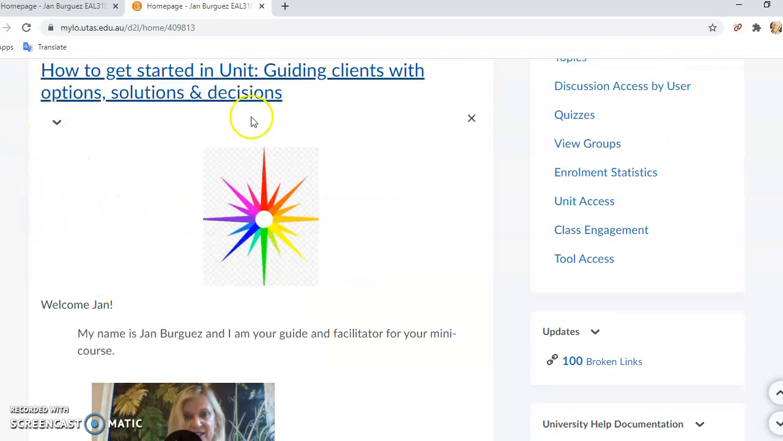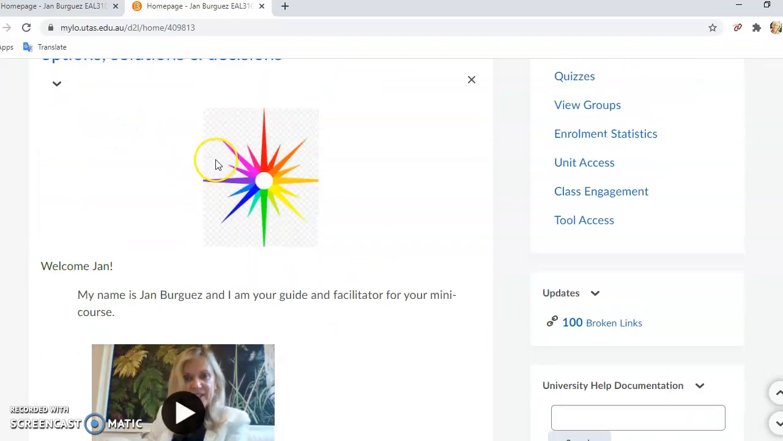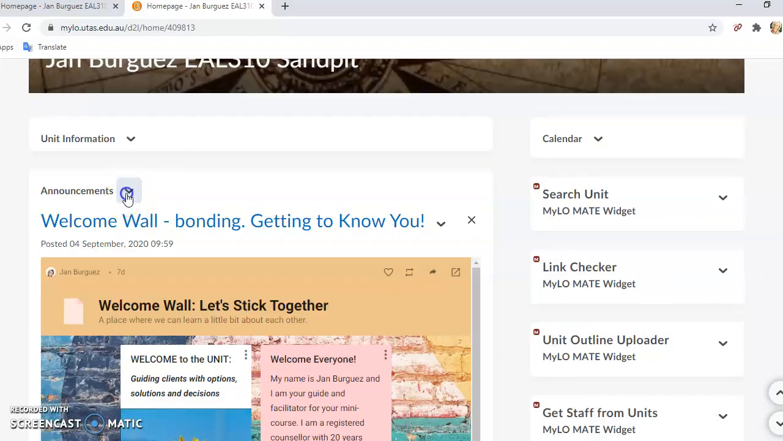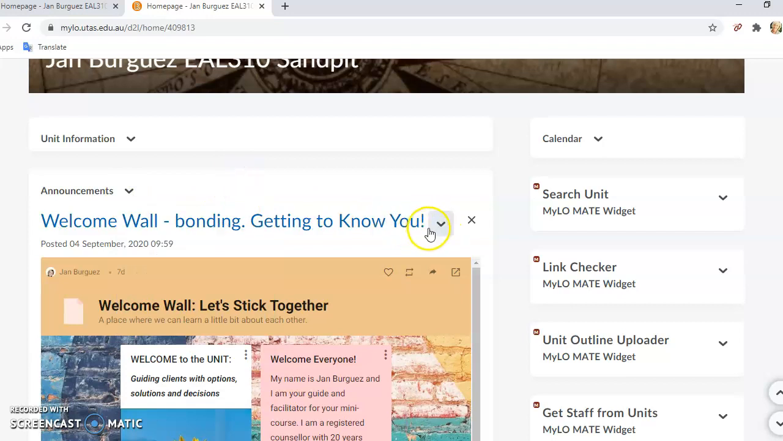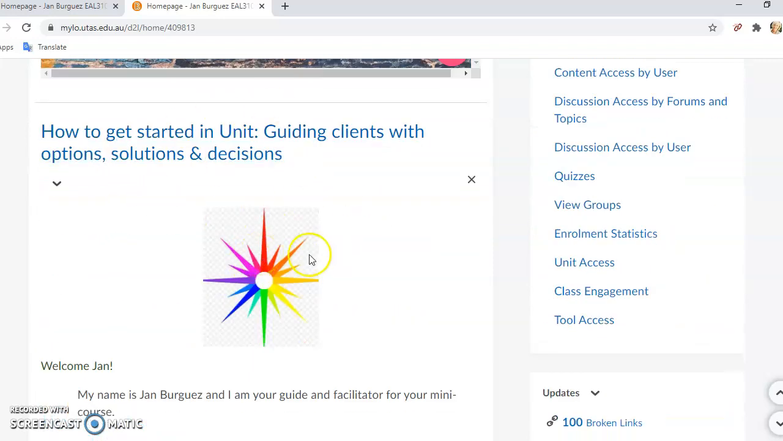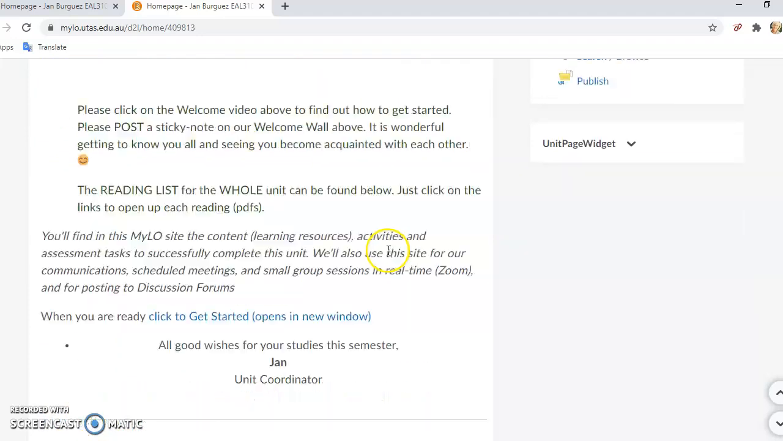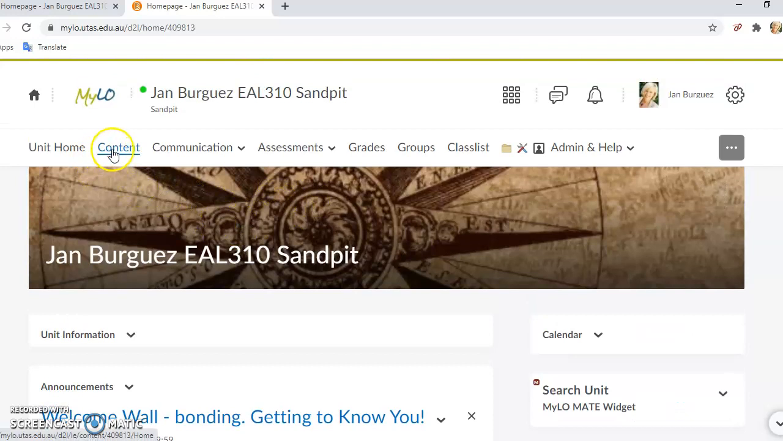All of these different components have their own drop-down arrow where you can edit, delete, and so on. You might want to delete your welcome wall. That's not an easy thing to do sometimes if you make a mistake with it. So we're going to look at the HTML edit function, and I've put something here in week 13,